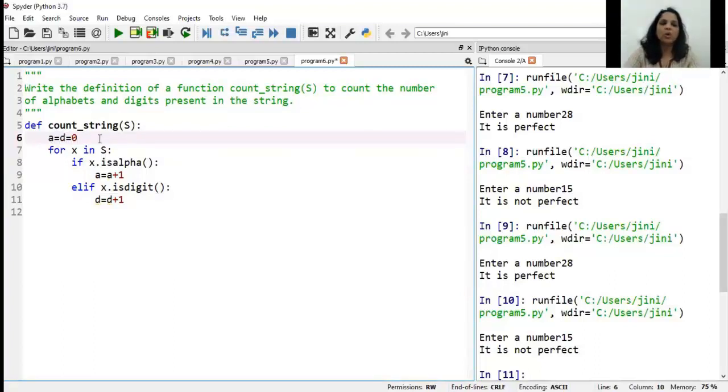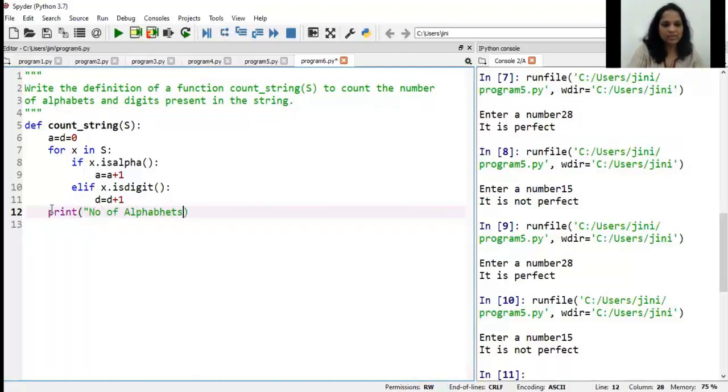So what does that mean? Both the variables a and d are assigned the value 0. And this part of the program is done, which checks how many alphabets and digits there are. But the question is asking you to print the answers as well. So I write print number of alphabets. And where is the number of alphabets stored? In a variable named a. I need to also print the number of digits. So I write print number of digits. And where is the number of digits stored? In d. And that's it with my